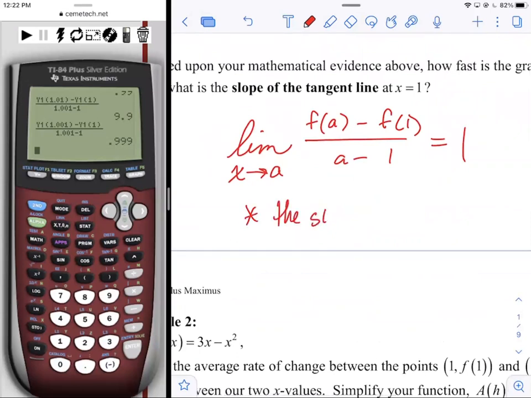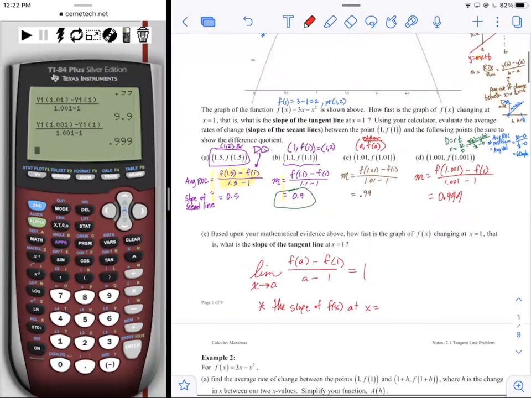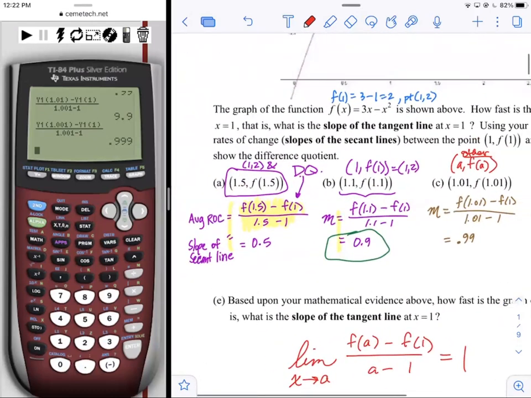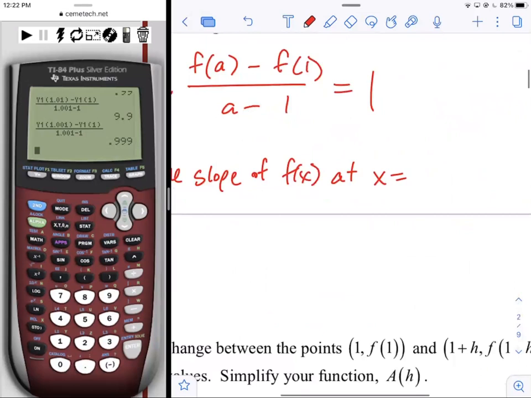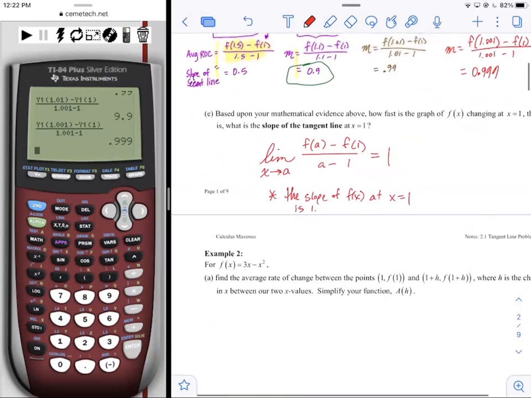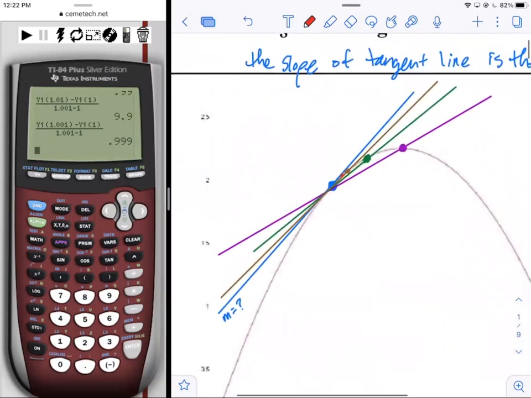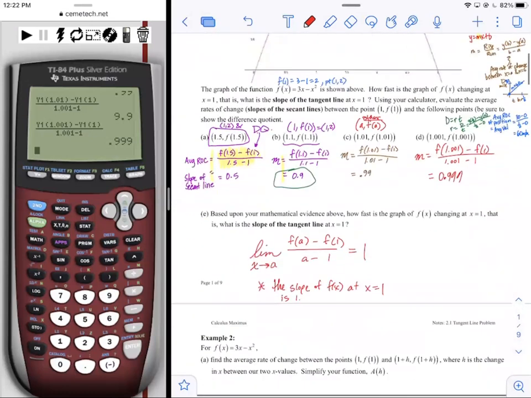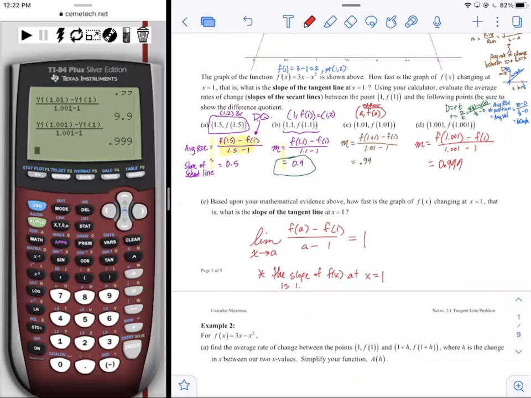The slope of f of x at x equals 1 is 1. Okay, it just happens to be the same as the slope. So that blue line is going up 1, right 1, up 1, right 1. Okay, so right there is the basis for the seeds of how calculus cleverly circumvents the fact that we need